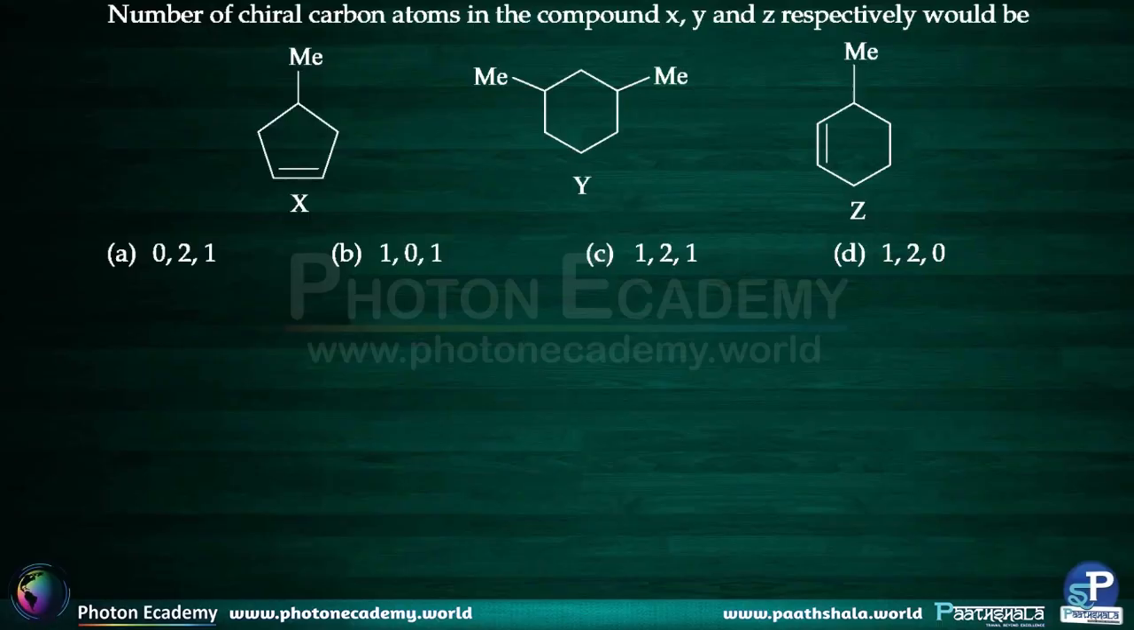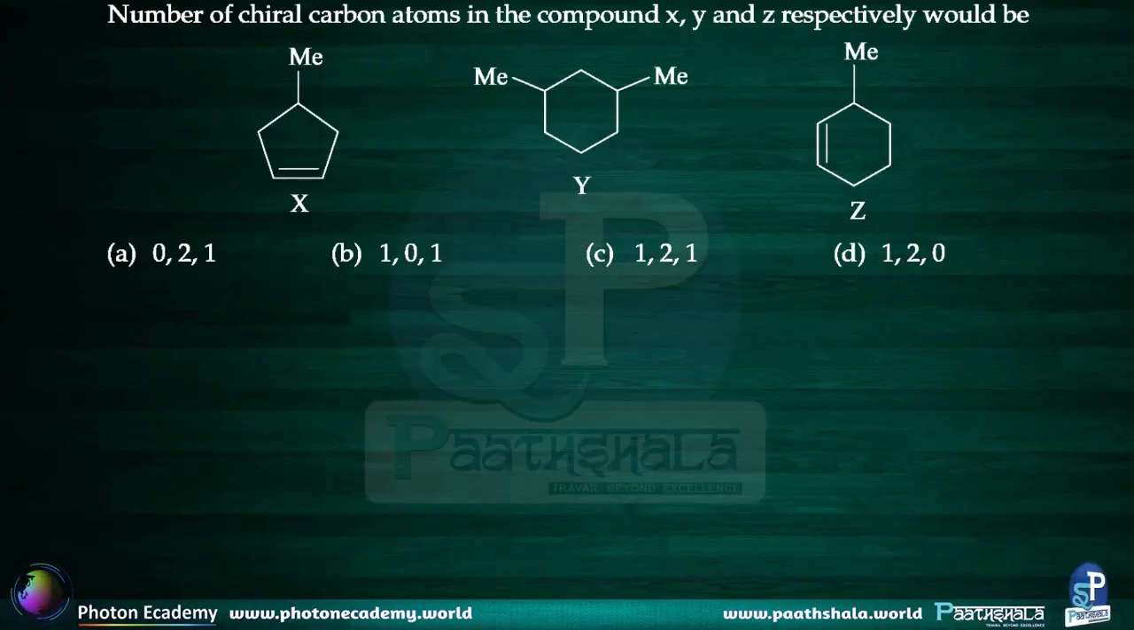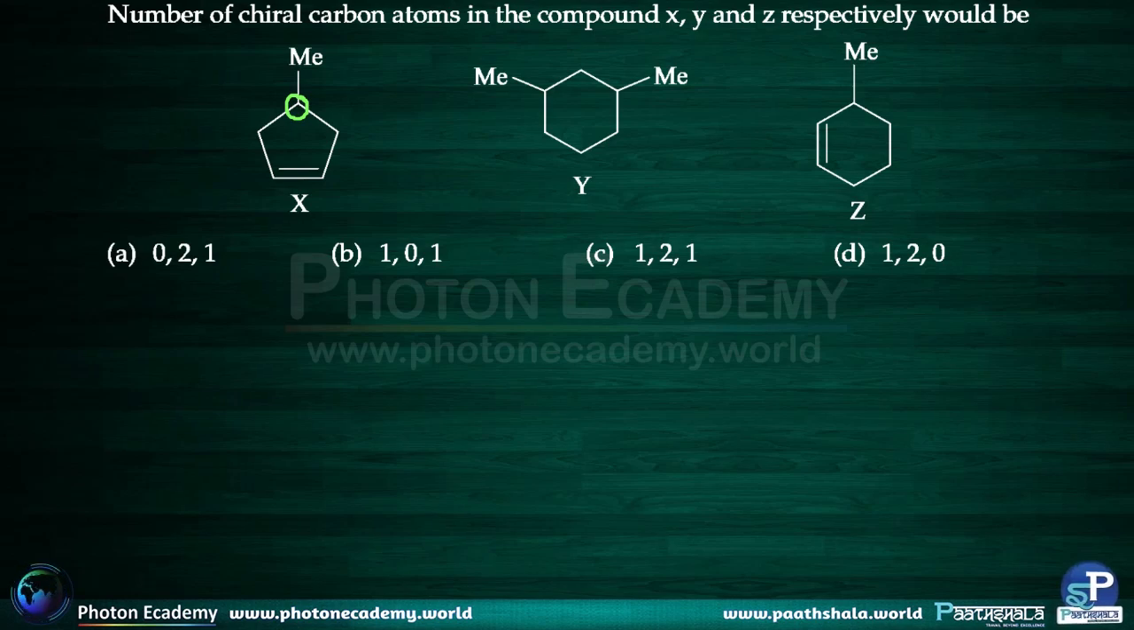The four groups that are attached to the carbon atom have to be different. All of them have to be different. Now let us begin to analyze the first compound. Here, this carbon atom cannot be chiral as one hydrogen atom is attached to it, one methyl group is bonded to it, and the other two carbon atoms, which are located here and here, are the same type of